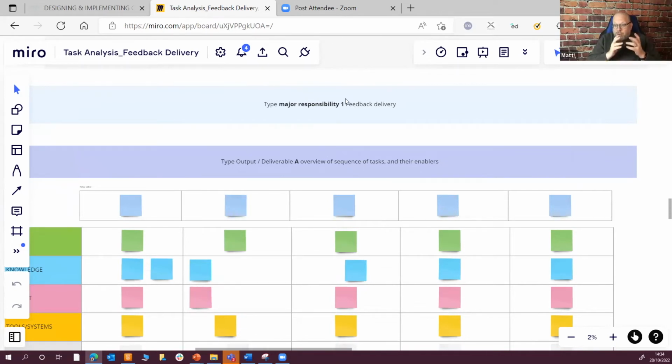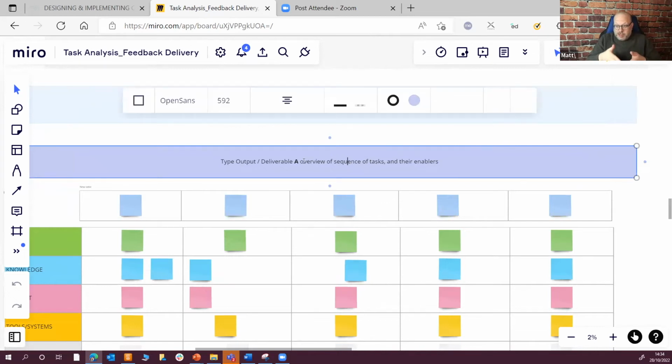I don't think it's a weird question at all. I think there is or should be a deliverable whenever someone gives feedback. And the deliverable is a change in behavior in the recipient of that feedback. And that change in behavior can be continue doing what they're doing well, build on it, or it could be change what they're doing poorly towards something that's better. So there is a measurable deliverable.